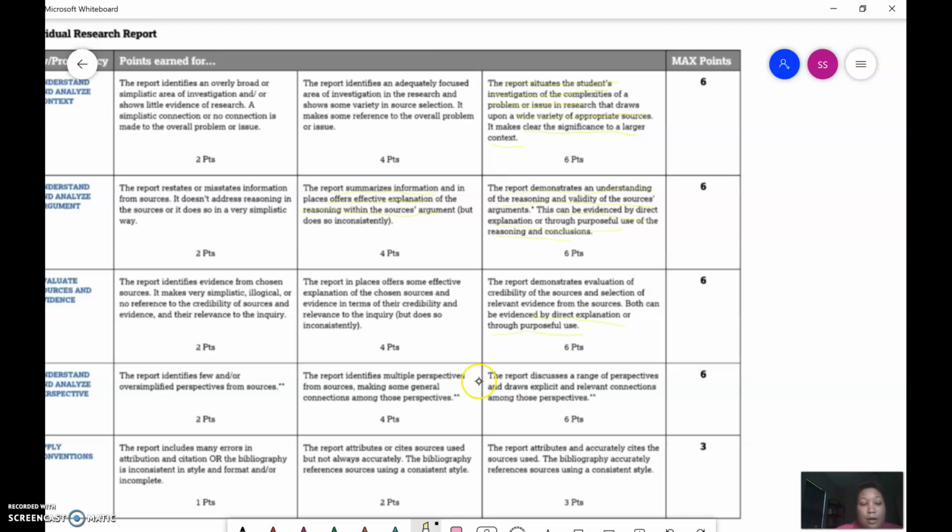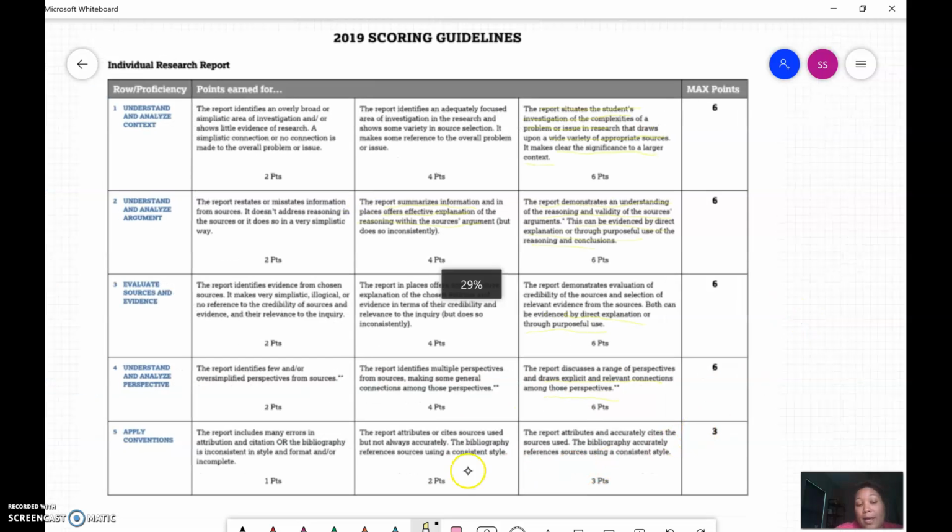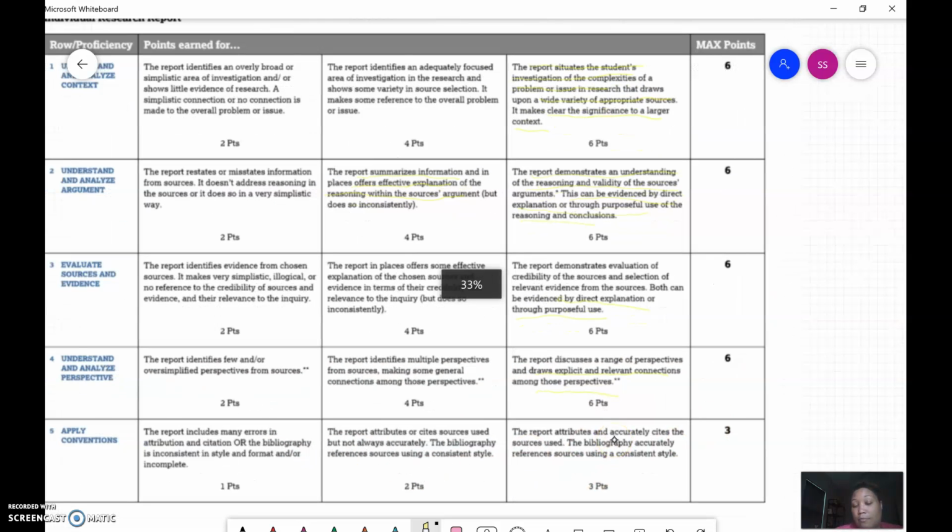So the next one is understand and analyze perspective. The report discusses a range of perspectives and draws explicit and relevant connections among those perspectives. Not only do you have several perspectives on your topic, but you show how they are relevant and connect. Okay. And then finally,